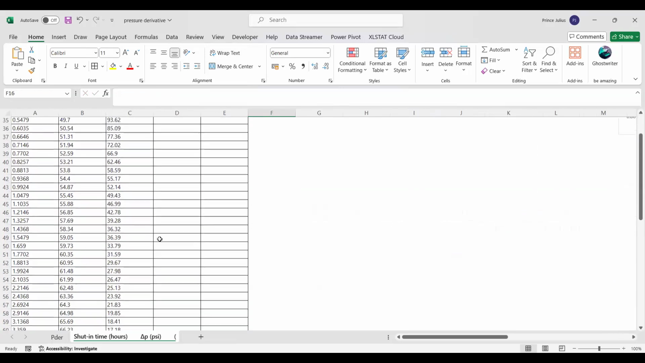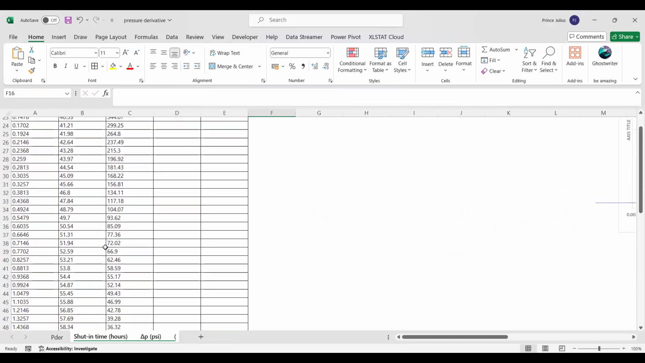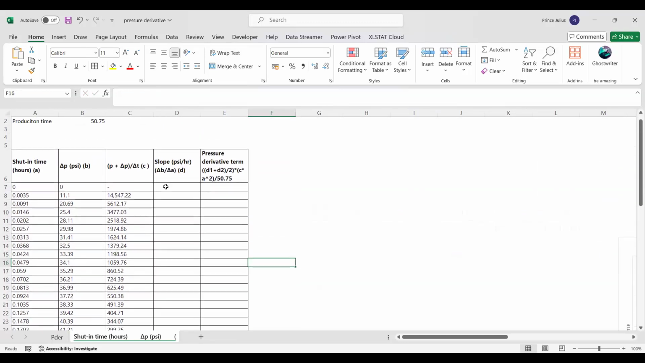So the data that I have shown in the presentation are a few points, but generally, data carries more. Okay, so first of all, we are supposed to estimate the value of slope, and then from slope we can get the values of pressure derivative. We are going to use this formula. So the initial slope will always be zero. So you can take that point as zero. And after that, delta B by delta A. So B represents shut-in pressure and A represents shut-in time period. So delta P is the difference, like B2 minus B1